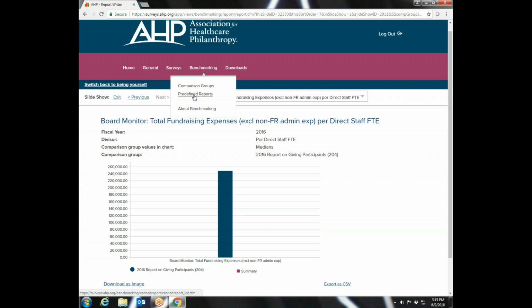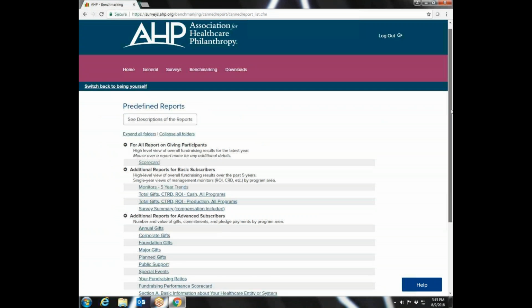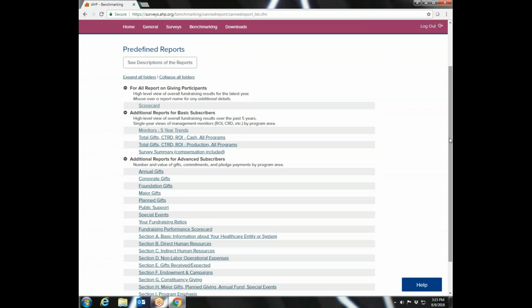And let me go back to predefined reports. So if you've participated in the report, you get the report on giving, the PDF, which obviously is static, but you also have access to the database. And that would be something where you could create as many groups as you wanted. I'm going to go ahead and switch back and show you how to create comparison groups, but